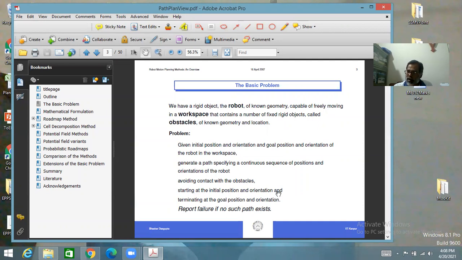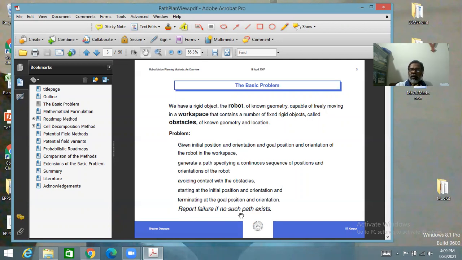If such a path is possible, then the problem is to find the path. And if such a path is not possible, then the method can point out that no path exists between these two initial pose and final pose. Okay, so report failure if no such path exists. And this is important